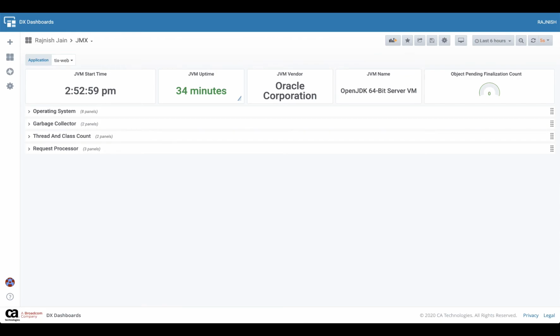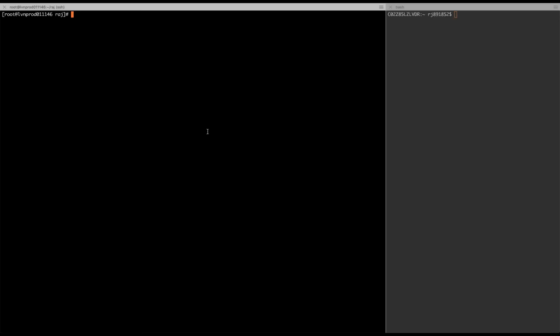Let us now also cover a last point: if, out of curiosity, you want to connect to the JMX server that's running in a Kubernetes container from your laptop. For that, the first thing we need to do is set up port forwarding from a local port on this machine, the master node, to a port in the pod, and the port in the pod has to be the same one on which our JMX server is running, which in this demo is 65500. So let me set up